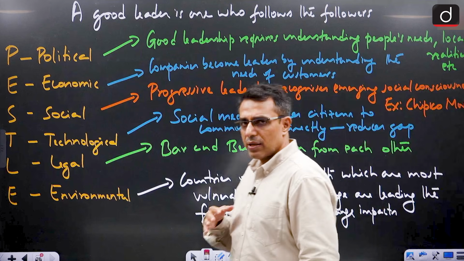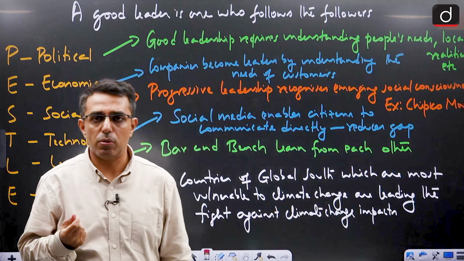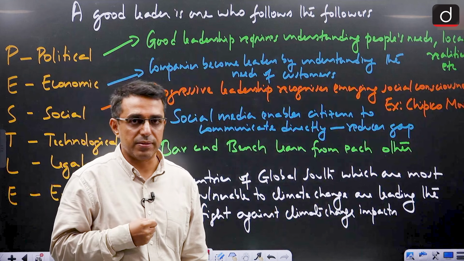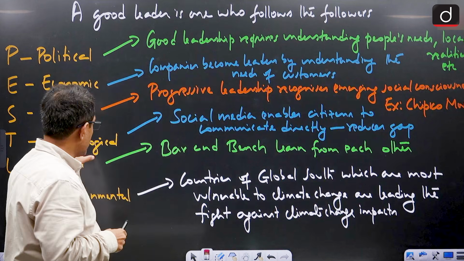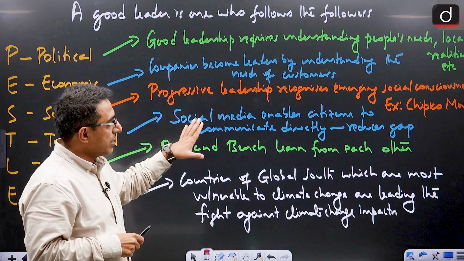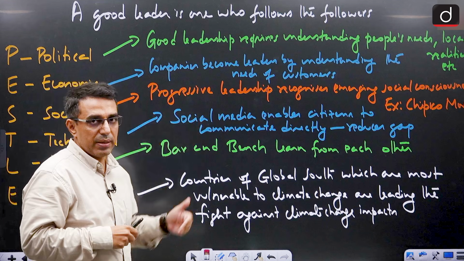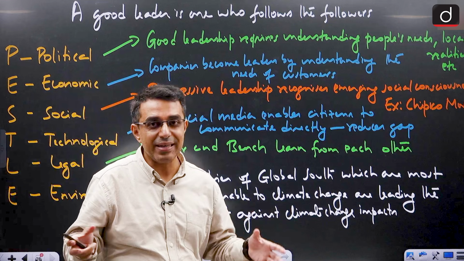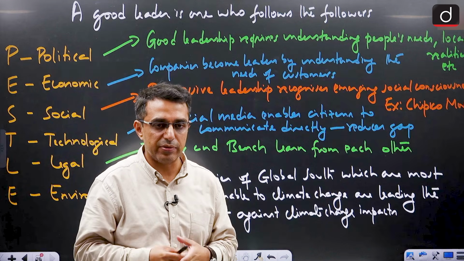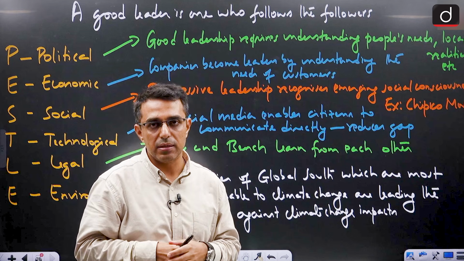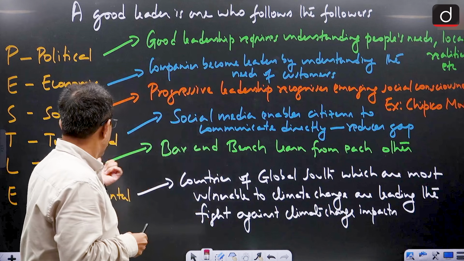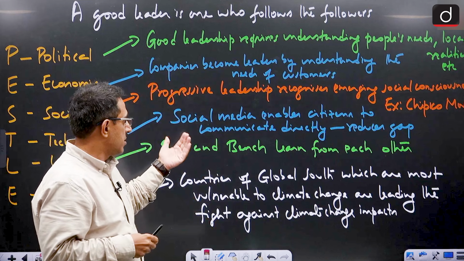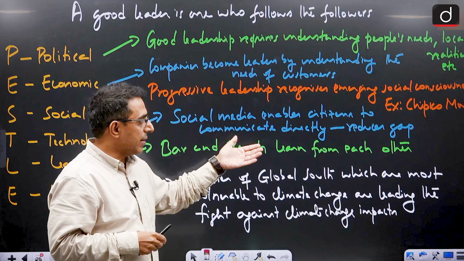So customers are also like followers for a leader. So when we listen to our followers, then we become better leaders. Then in social dimension, progressive leadership recognizes emerging social consciousness. So sometimes the leaders take note of what the society is interested in, right, what the followers are interested in, and then they lead the movement. Then in technological dimension, we can say that social media enables citizens to communicate directly, and it